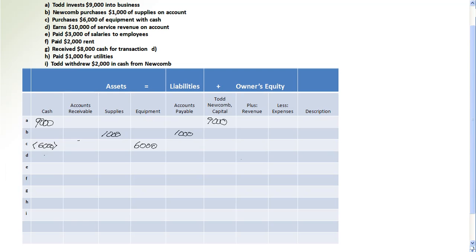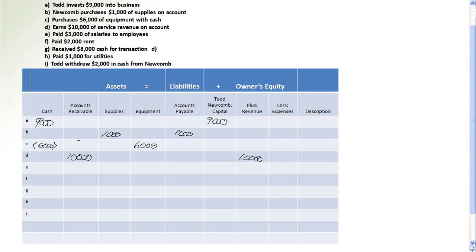I'm going to do one more transaction together, transaction D. We earned $10,000 of service revenue on account. Again, on account indicates that no cash has traded hands and that it'll happen in the future. So while we earned the $10,000, we didn't get it yet, but we do record that as an asset called accounts receivable. It is like an IOU. We will get paid later for that $10,000. And then on the other side of the equation, how we accomplished that was earning revenue, which increases owner's equity